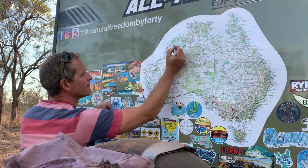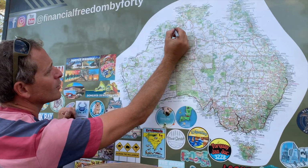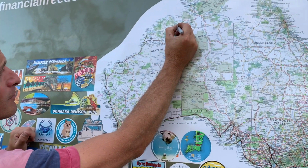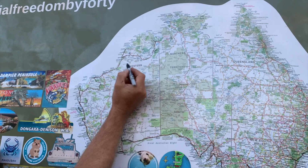It's been a little while since we did a map update. We actually haven't updated since we left Broome, have we? Of where we've gone to. Kununurra was the last time. The last time that we actually drew on the map. No, but we haven't shown everybody where we've gone since we left Broome. Do you want to show since...